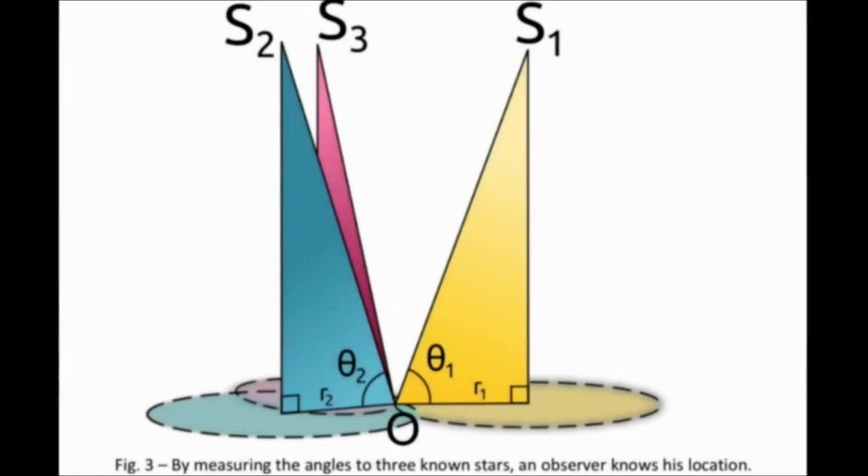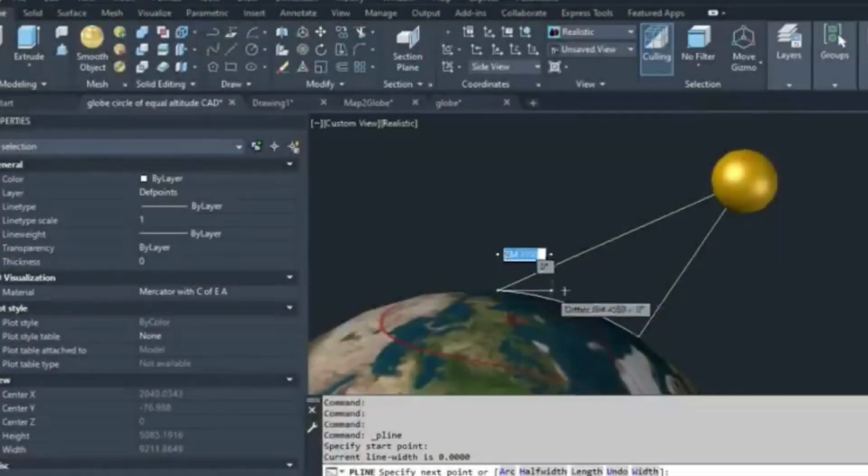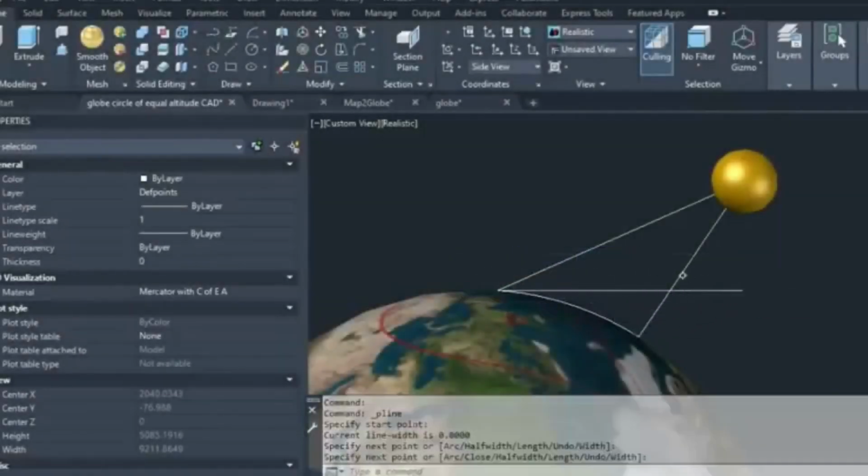Without question, all angle measurements require a flat baseline. Therefore, celestial navigation can only work on a flat Earth. It's that simple. Let's spend a few minutes and watch a couple of video clips to get a better understanding